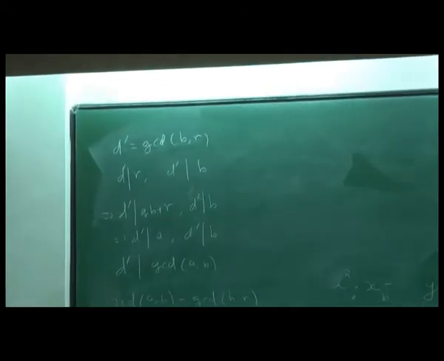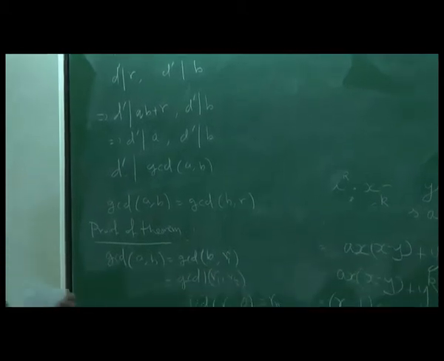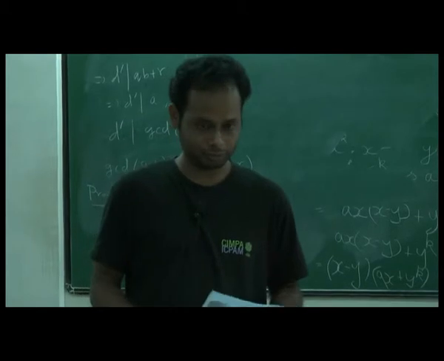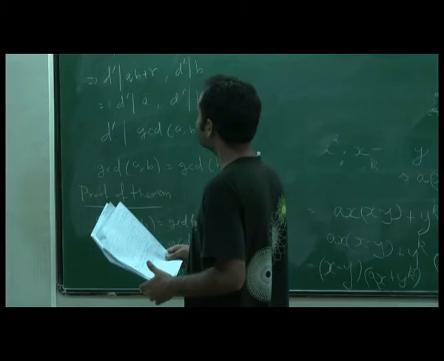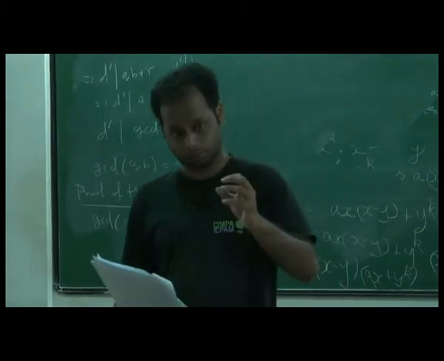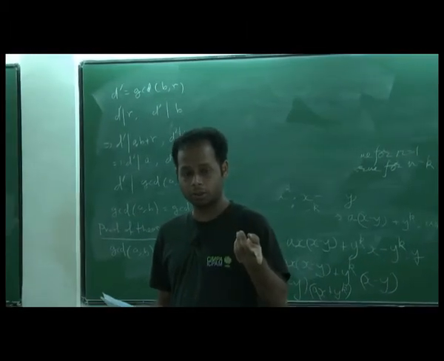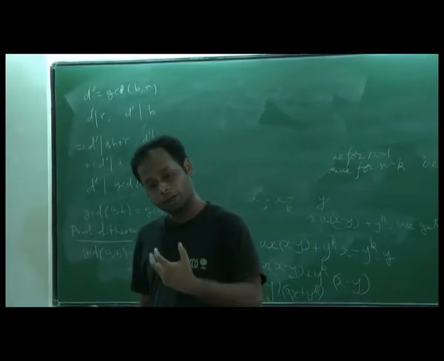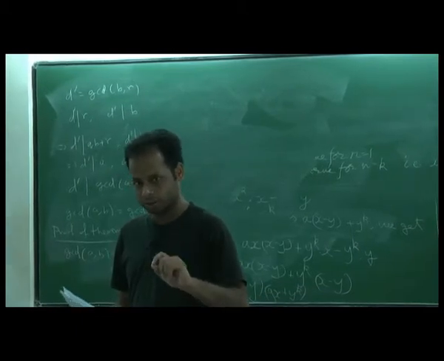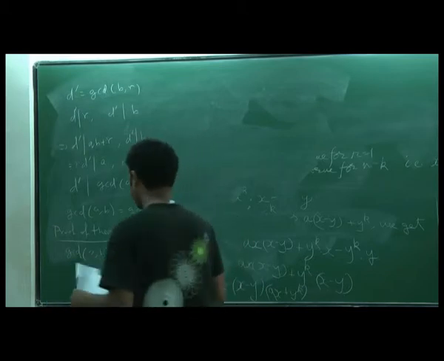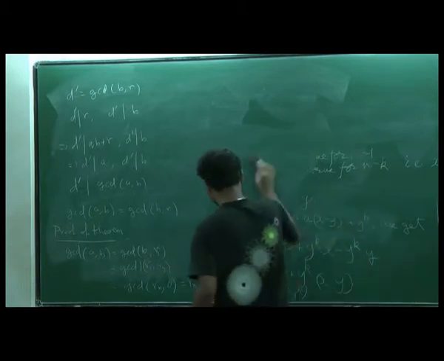Okay, so let's do a problem. I'll do a problem, and based on this problem, I'll give you a problem. So D' divides A and D' divides B, so D' divides G. How does D' divide GCD of A, B? D' divides A, because what is GCD? GCD is the maximum number that can divide both. If something else divides both the numbers, then that number has to divide that maximum number. That's in the definition of GCD. I gave this, right? So this part is done.